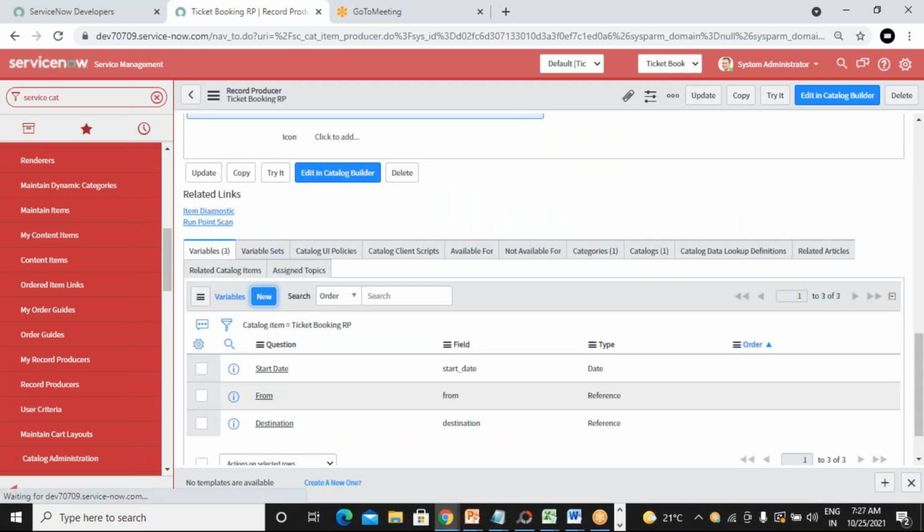Here click on the new button to create a few more variables as well. Let me create return date here.